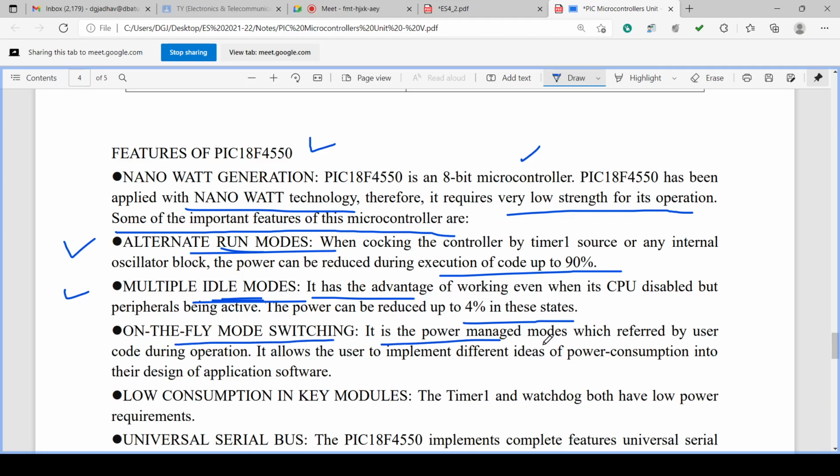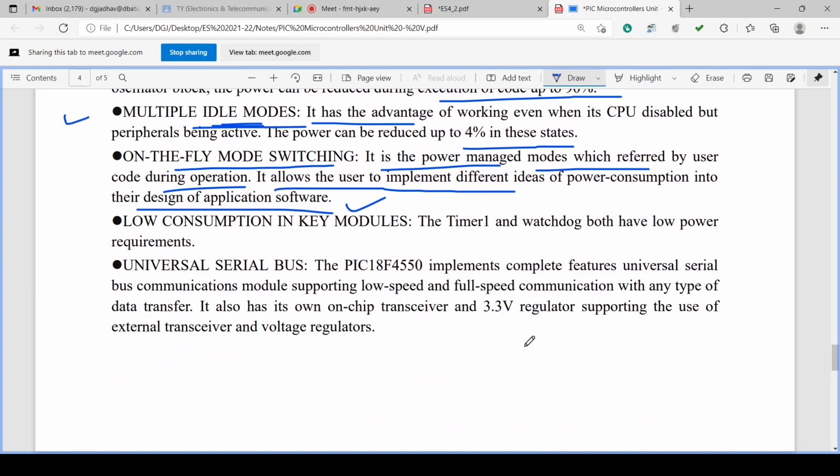These are the power managed modes which can be referred by user code during the operation. It allows the user to implement different ideas of power consumption into their design and application software. Okay.